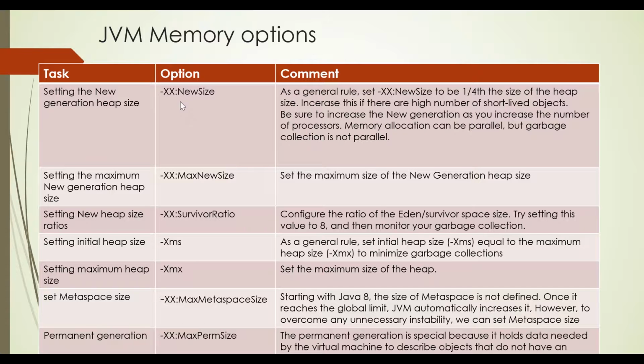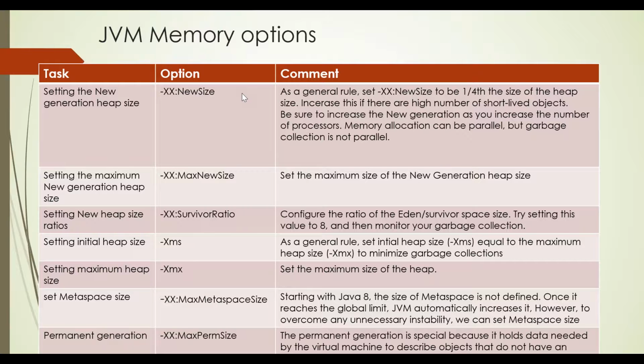There is this option, -XX:NewSize. What is new size? Just focus on the term. New means the latest objects. So this is defining the Eden generation, the young generation. When you specifically give -XX:NewSize and give some specific value, the JVM will understand that this specific amount has been allocated to the young generation. This memory allocation can be applied on your JVM for the young generation and old generation.